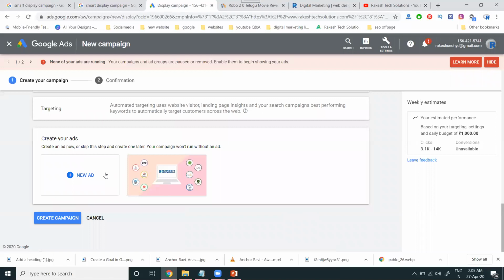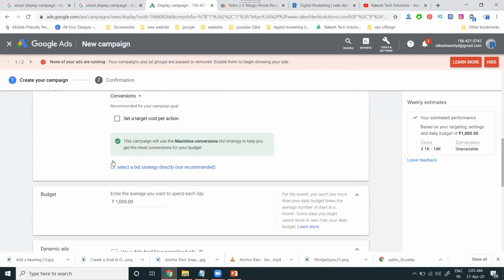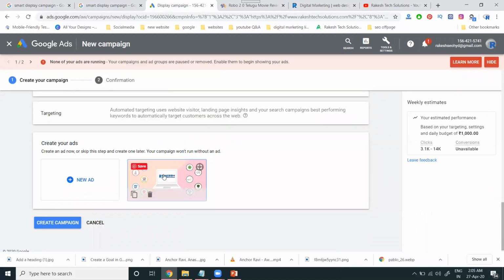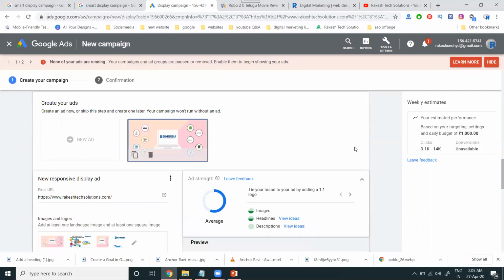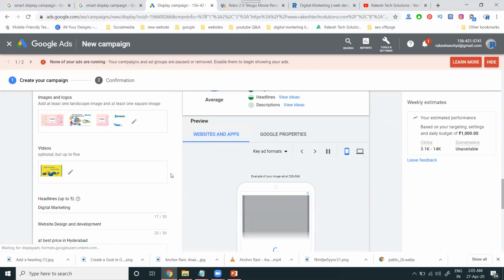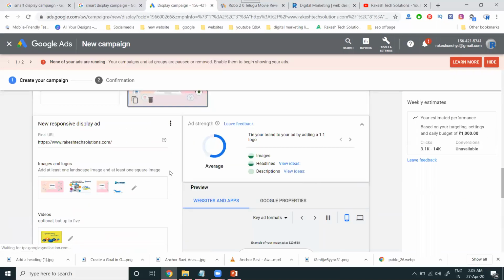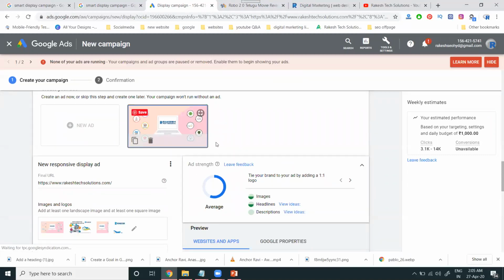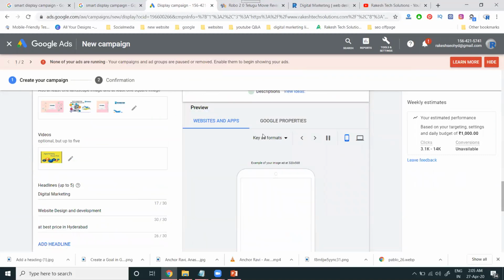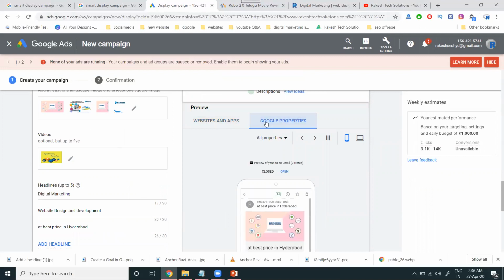You can create a number of ads depending on your option. So here, this particular ad will be converted in this. You can see here, just open it. Here headline, description, every option will be there. So if you're writing 5 descriptions, everything will be written for your particular option. So this ad will be shown to customers for website and app and Google properties also.